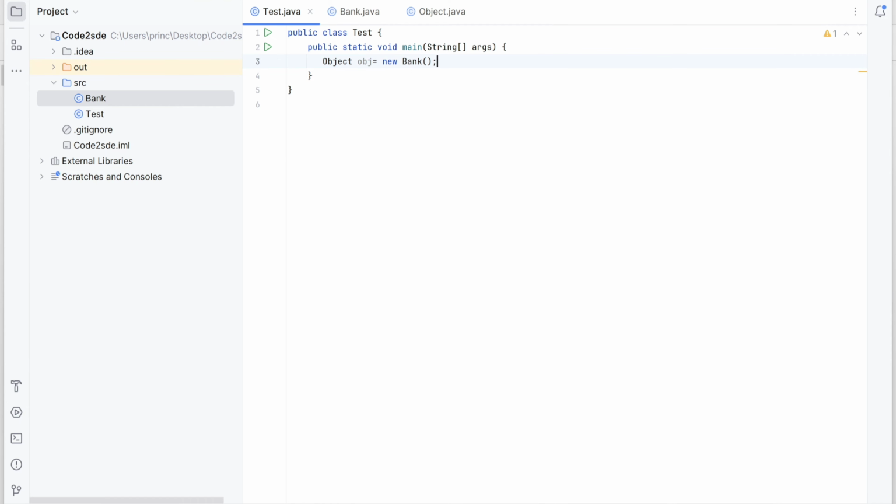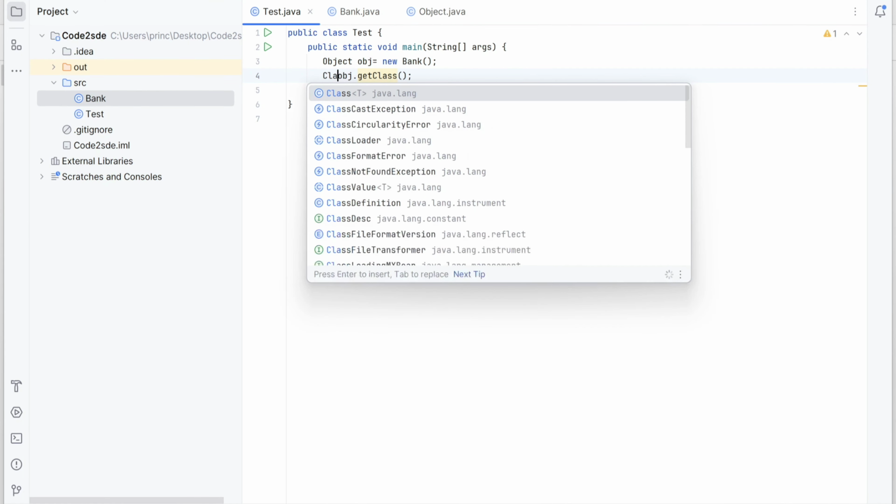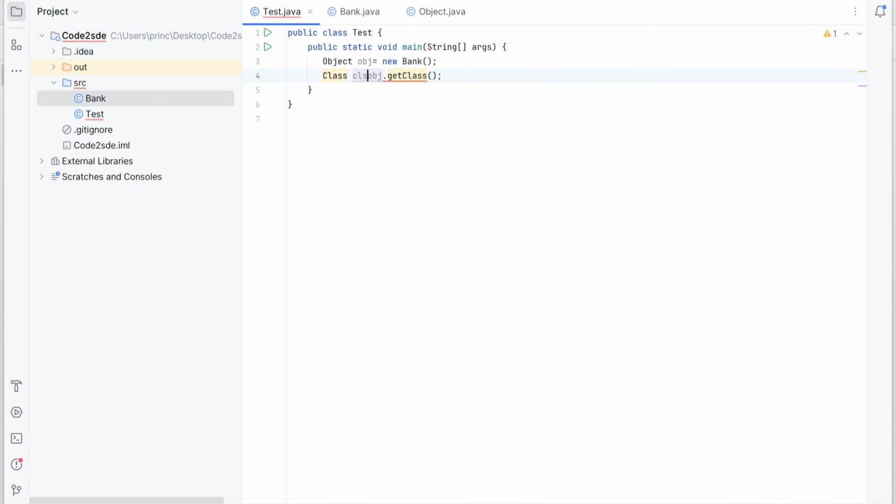So say now of this object obj, I want to get the class name. Then I can do obj.getClass(). This is a method of the Object class, and this will return me a Class object.